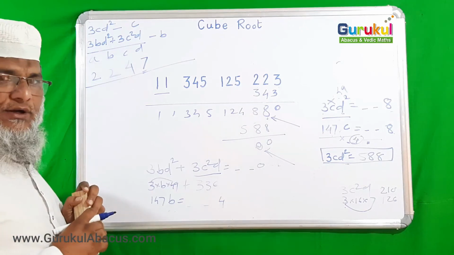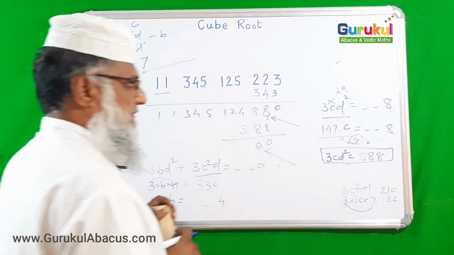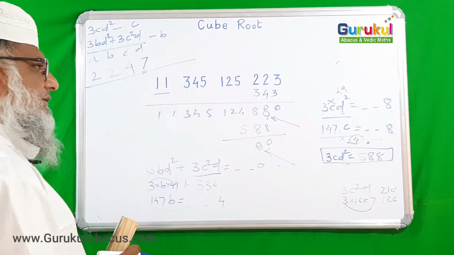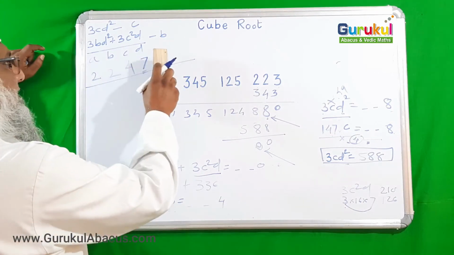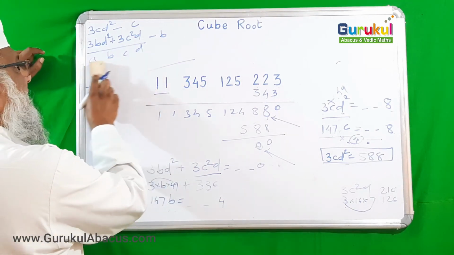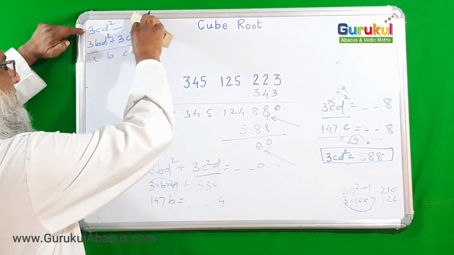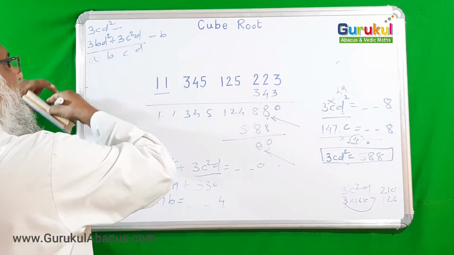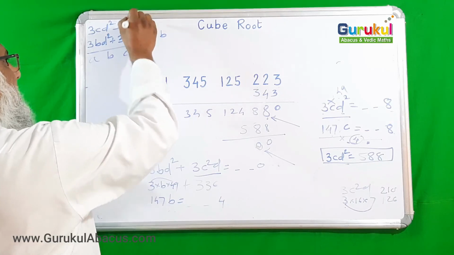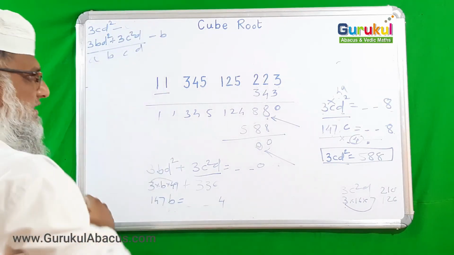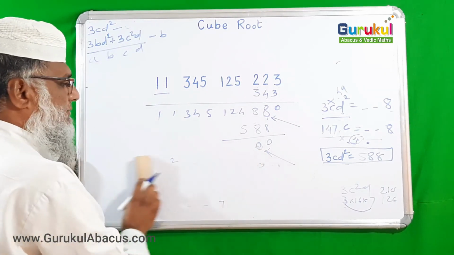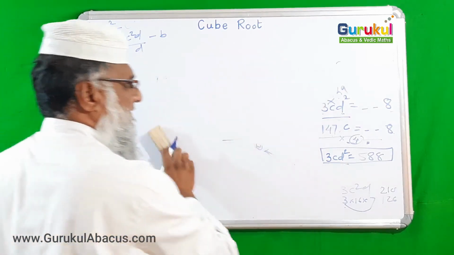In that way, we could find the cube root of any 4-digit number. One more example we are taking, so then our understanding would be more clear. For solving every example, we need those both terms. To find the value of C, we need the upper term and this term, and then this is ABCD. This example I want to write down. So we are starting the next example.